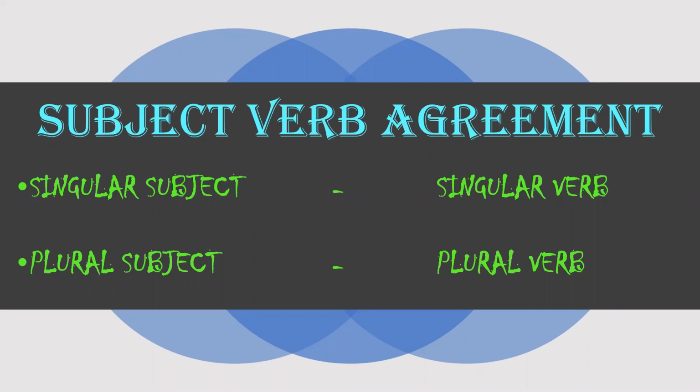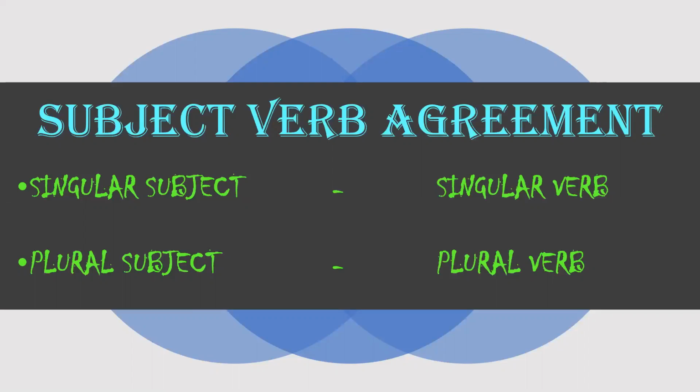Okay, so before we begin with the syntax of the tenses, I want you to learn the concept of subject-verb agreement. See, this is a very simple concept which I have included in the video. Otherwise, this is a huge concept, and maybe in some days, a separate video will be uploaded on this concept only. What we require to know at present is, whenever there is a singular subject in the sentence, it will always have a singular verb. And a plural subject will always have a plural verb.